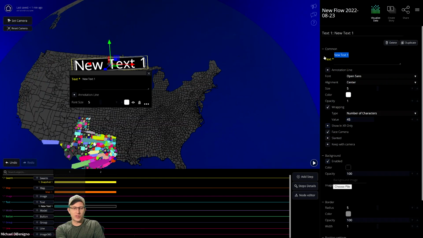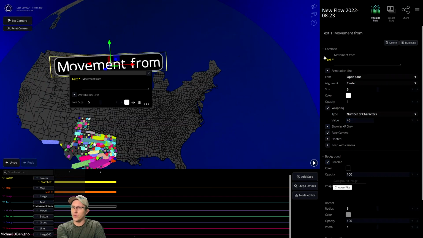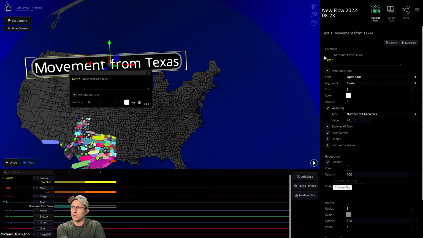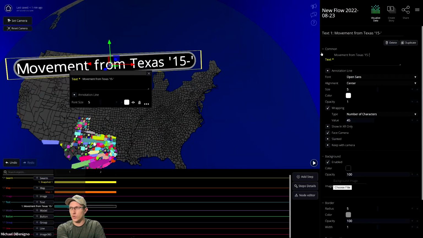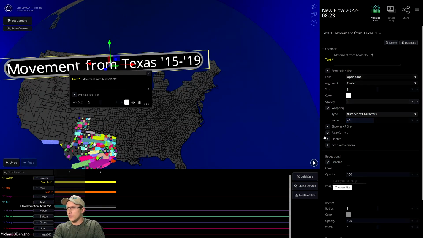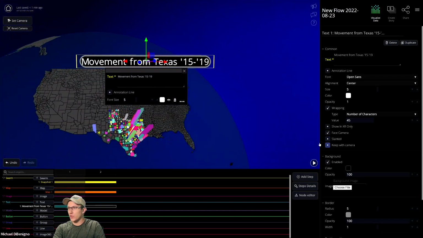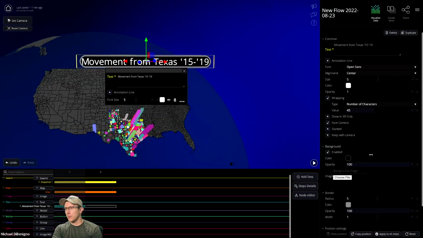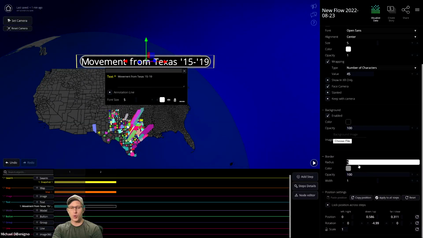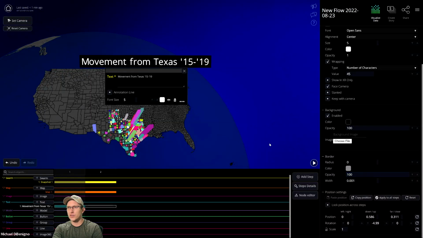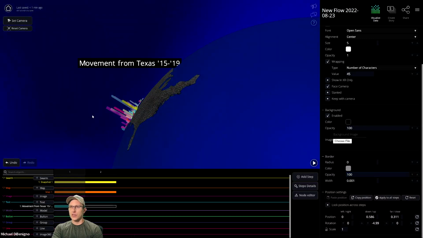I will say movement from Texas, and then I think this is 2015 to 2019. You'll notice that this stays with the camera, which I think is okay in this case. The one thing I'm going to do is turn off borders so that it doesn't have a border on it. And so that way we're just left with this black